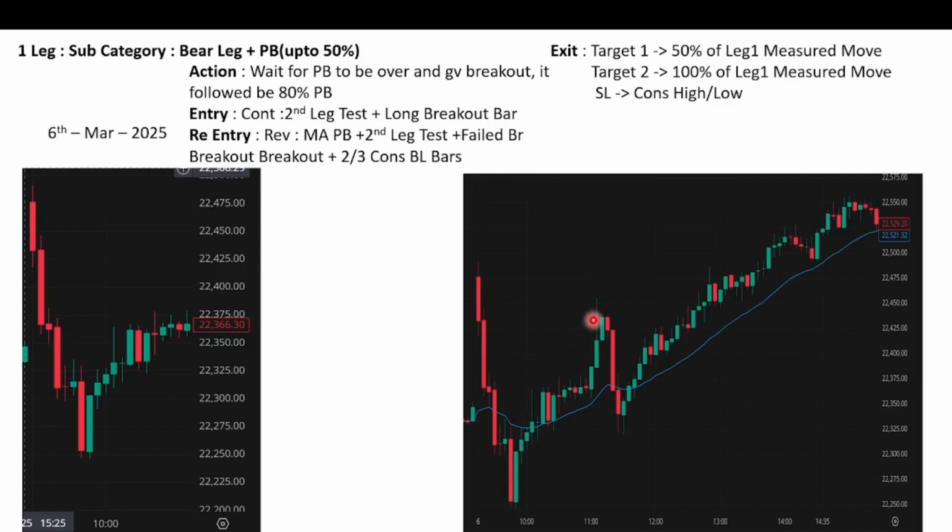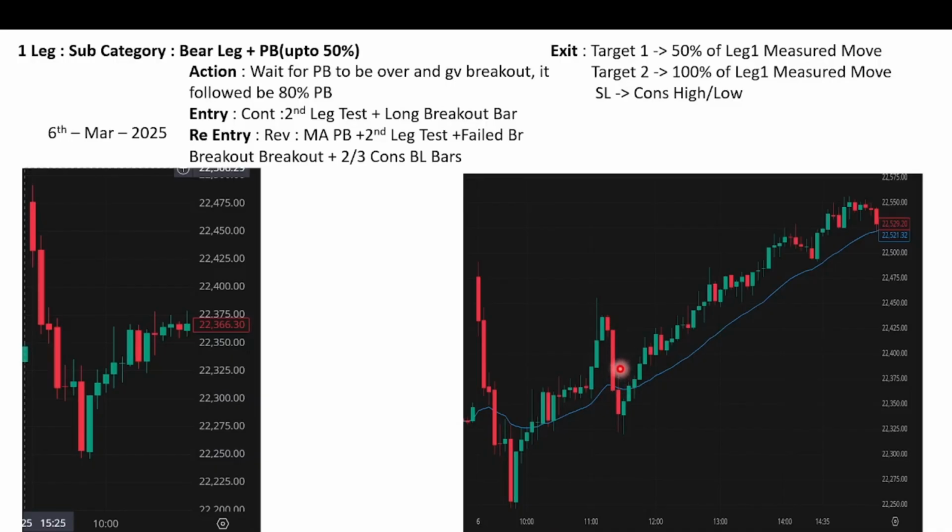So by this time you should be open to take up bull trades as well. It can go lower, but you don't know. It could give a bull breakout, could give a bear breakout as well. So you should be open to take a trade in any direction. So entry 1 here will be the continuation trade, the sell trade after this long breakout bar. But we also should be careful, whenever the entry bar is so big, our risk is also big.